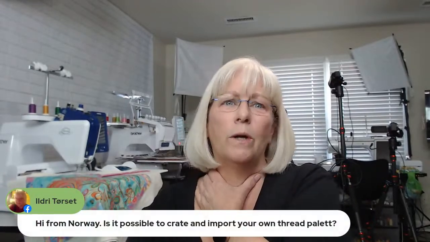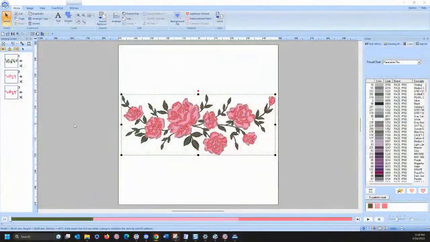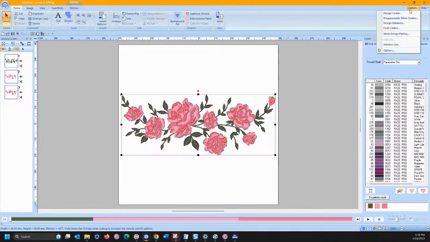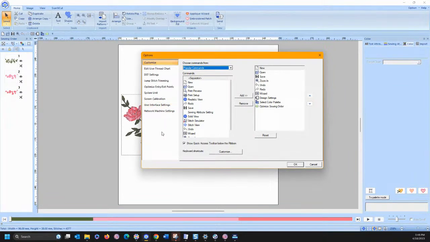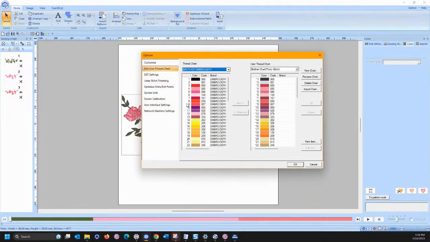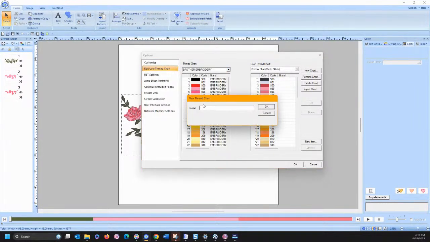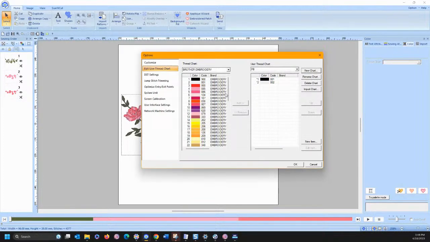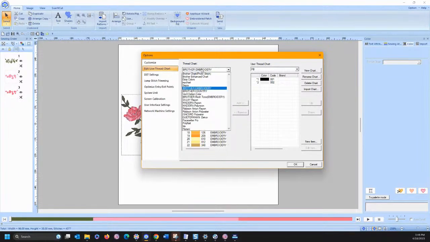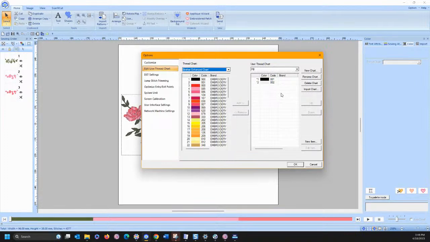Yes, it is possible to create and import your own thread palette for sure. So if you go up to the option pull down menu and you choose options, over here, edit user thread chart, choose new chart and name it. We'll call this one Facebook and just FB and click OK. So now you can choose your threads from existing thread colors out there, or you can